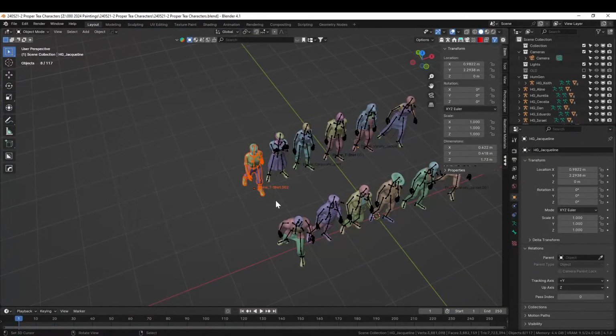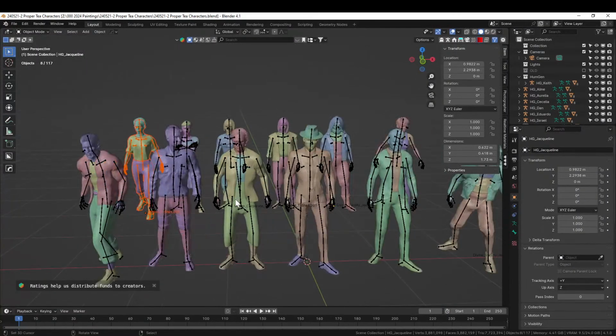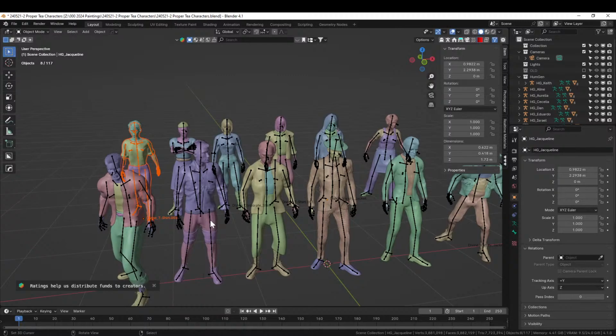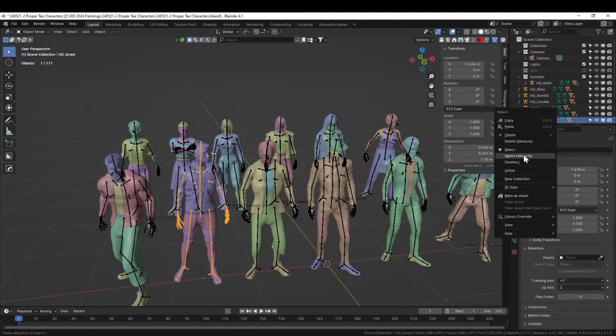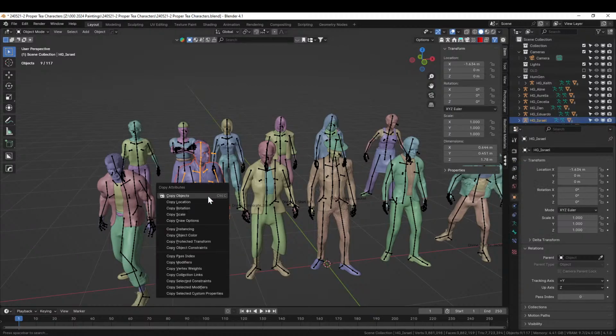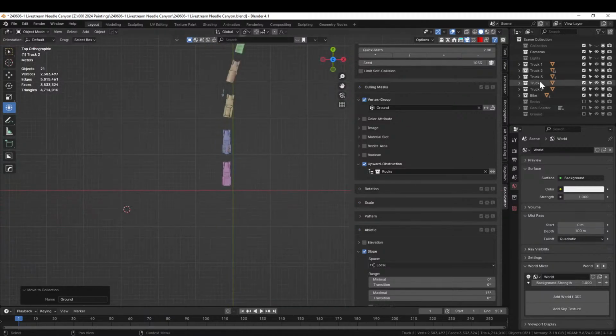That's a good sign. There we go. All right, so who are we going to put on? I think we'll put our guy with the wraps on the front bike. We had him before. We liked him. Select hierarchy, copy objects. Come back over here and